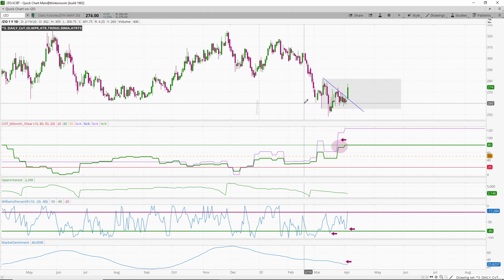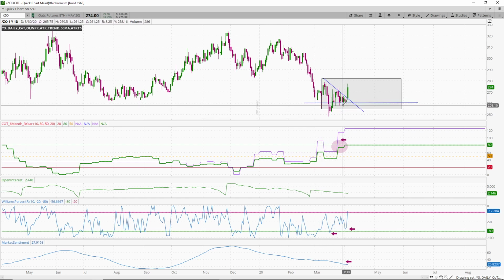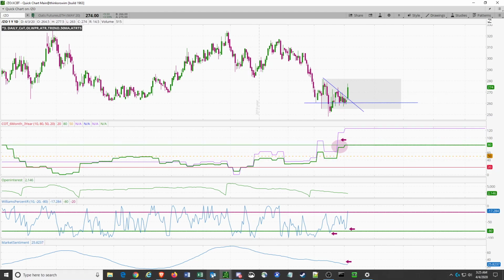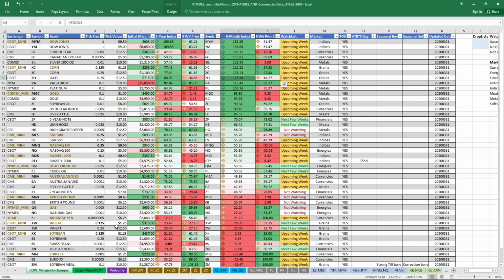And on top of that, it just looked like a nice solid swing pivot for maybe quite possibly a long-term low. So we got the higher low, the lower low, and then we got this technical test, and we broke out. So it looks good. We're going to continue to watch that, especially for a turn, but right now looking pretty bullish.